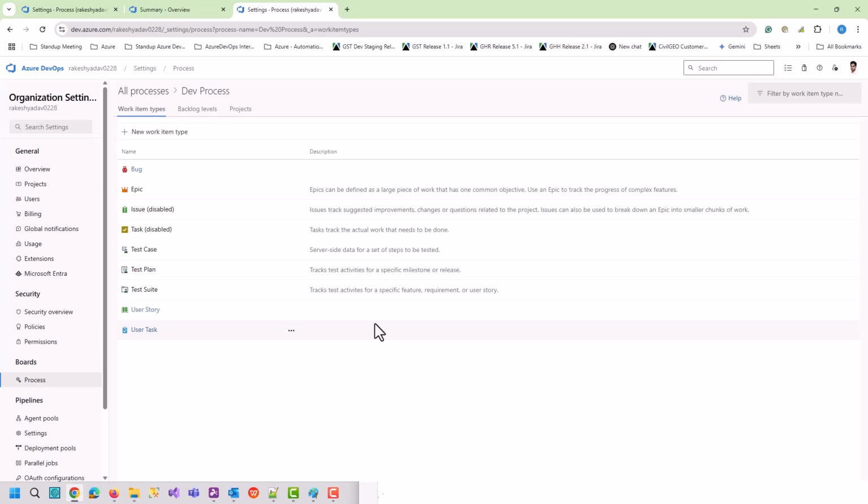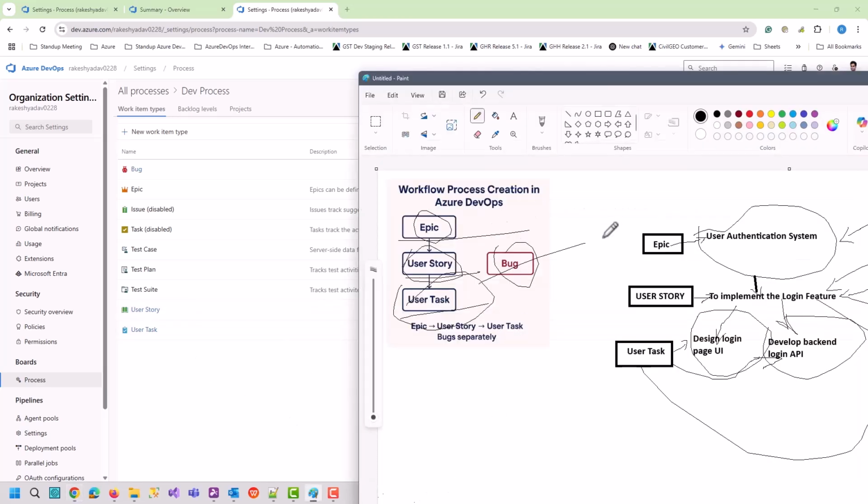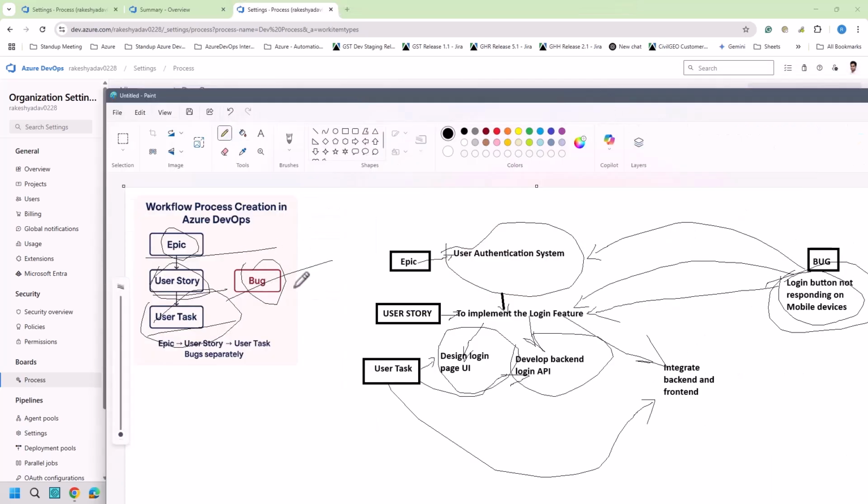Okay, now you have created all the work item types that you are using in this process. You can create any work item type based on your process, based on the process that your organization or company is following. Okay,